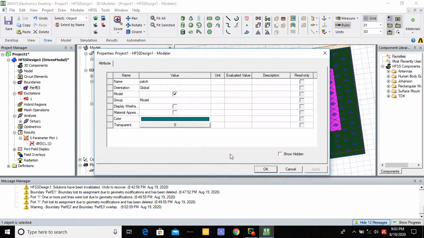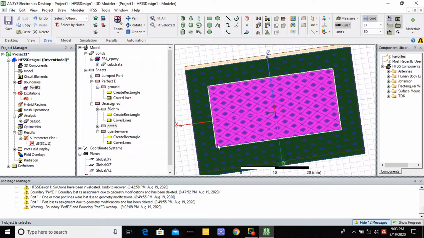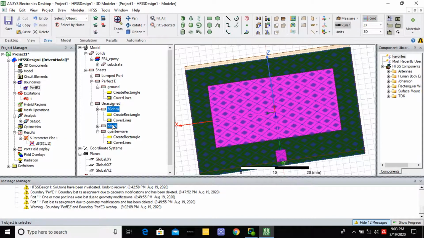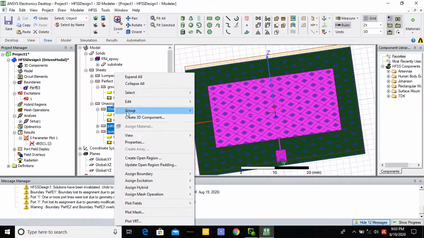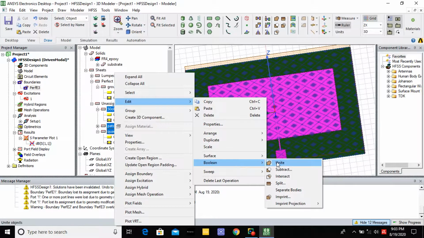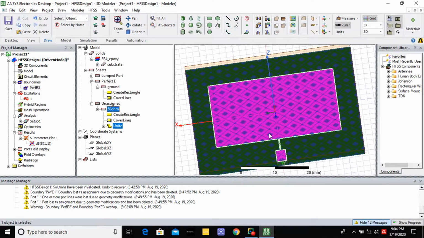Here select patch, quarter wave transformer, then 50 ohm transmission line, you select all, then go to edit, boolean, you give unite. These three are merged.